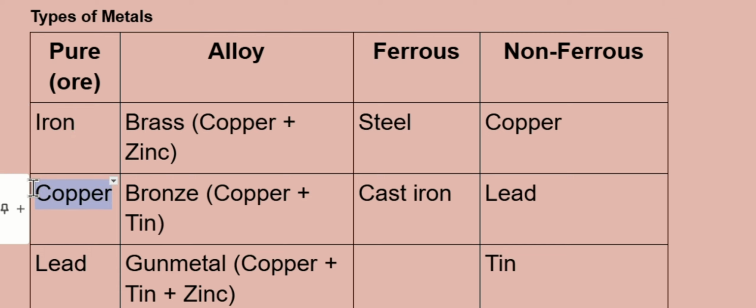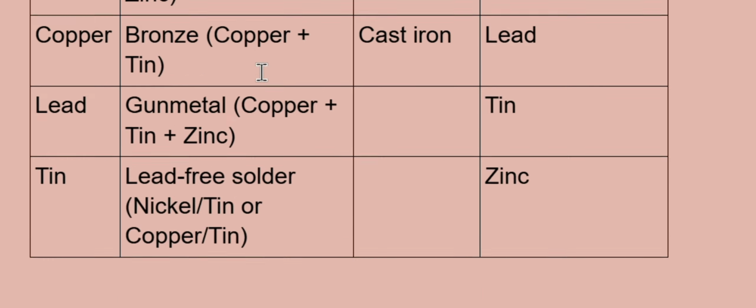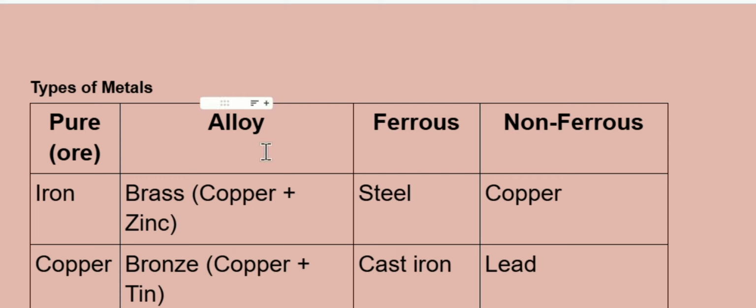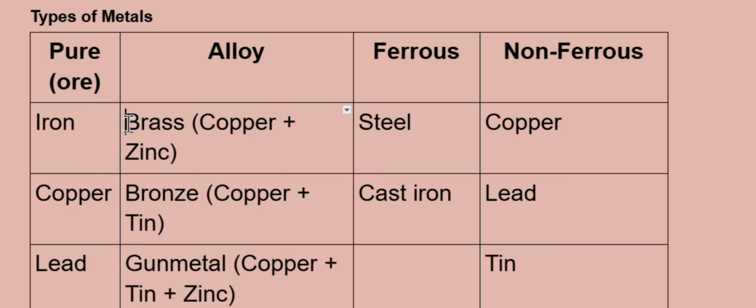However, copper, whilst it's also pure, because there's no iron in it, it's a non-ferrous pure metal, right? So you've got pure ferrous, pure non-ferrous. Then you've got ferrous alloys, which is any mixture of two metals. For example, steel and cast iron both have iron in them, but because they've got carbon, that makes them an alloy. And because they've got iron, it makes them ferrous alloys, right? And then finally, you've got non-ferrous alloys, examples of which are brass and bronze. They've both got copper and zinc or tin, so they're mixtures which makes them alloys, but because they've got no iron, they're non-ferrous.